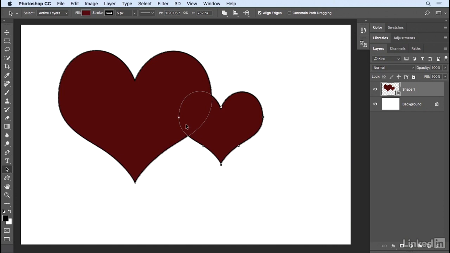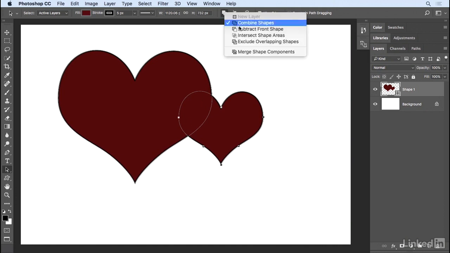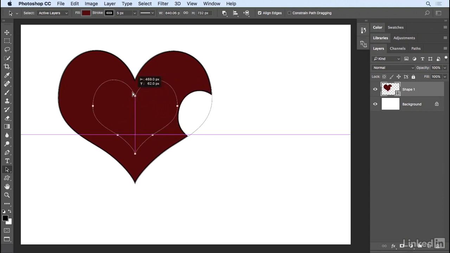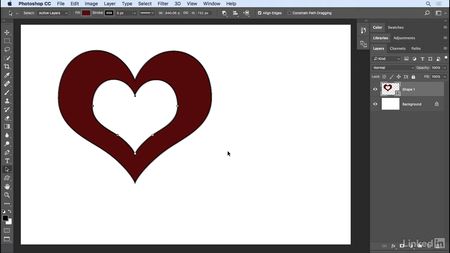If I change the Path Alignment options to Subtract from Shape, then the front shape, or the shape that I drew second, will be subtracted from the shape in back. Using the Path Selection tool, I'll reposition the second heart, and we can see that it cuts a hole through